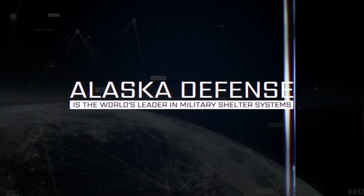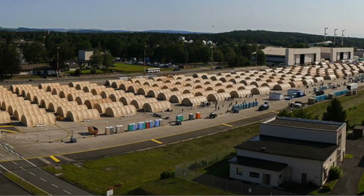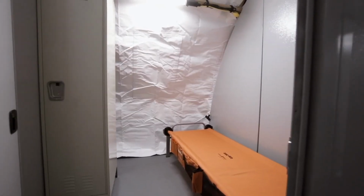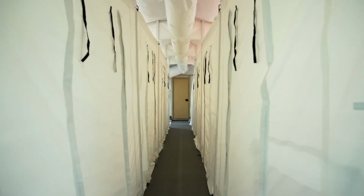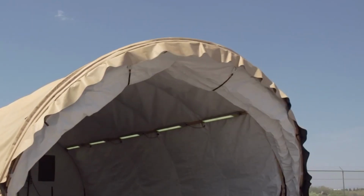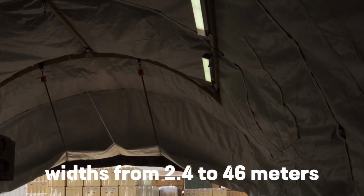Alaska Defense. Alaska Defense is well known for making complete tent camps that are used by the U.S. military, NATO forces, and international groups. Alaska Defense tents are super adaptable and can be set up as mobile repair bases, hospitals, kitchens, temporary shelters, and even as airplane hangars. These tents come in widths from 2.4 to 46 meters and can be as long as